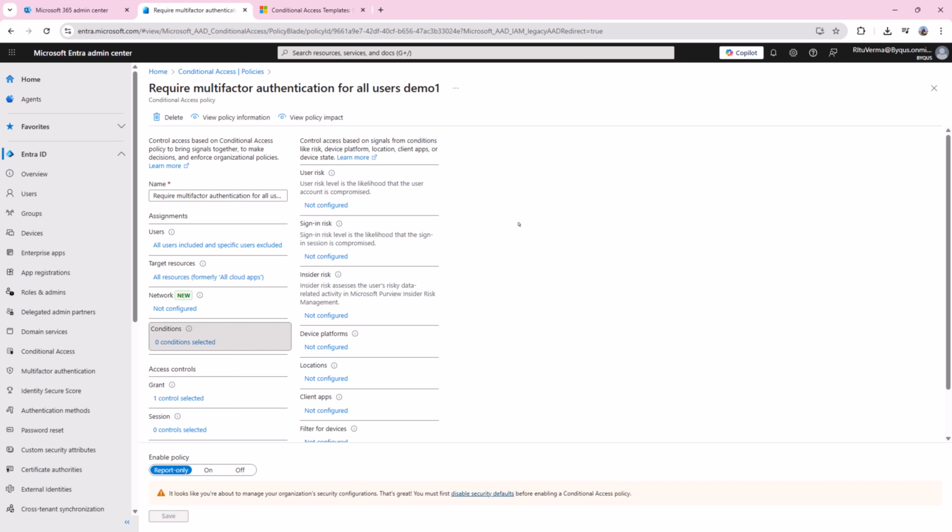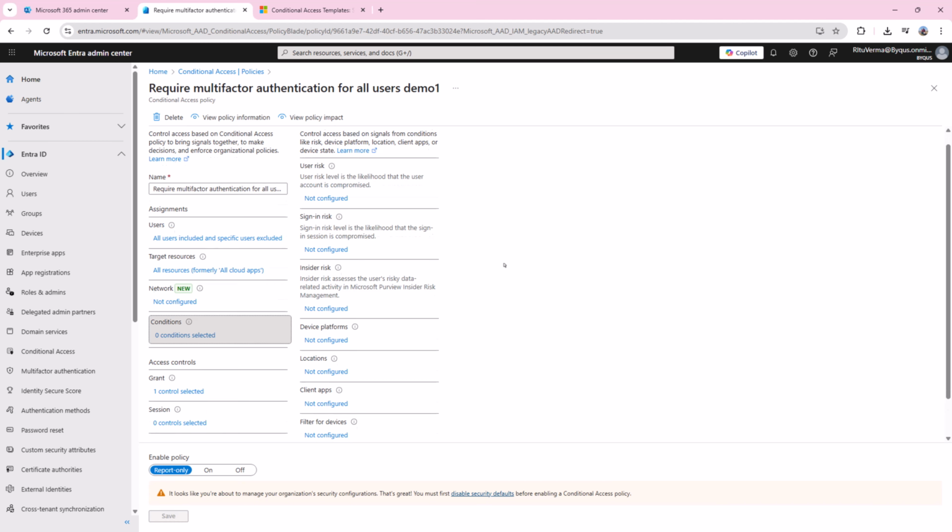Now, they call for extra configuration, but this is the basic configuration that we are doing here. To users, all users require multi-factor authentication. No need to change these.